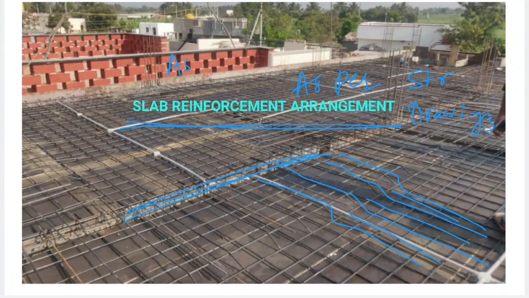First thing, you need to check some arrangements before casting the slab. First one, the shuttering level and the reinforcement arrangement, whether all the reinforcement is tied with binding wire or not. Okay, that is to be checked, and the proper cover. Below this one we have still not provided a cover. Before starting the casting work, we will have the cover. Okay, there should be a proper gap between the shuttering and the reinforcement, so that the reinforcement is not exposed to the environment, to avoid corrosion of the reinforcement.